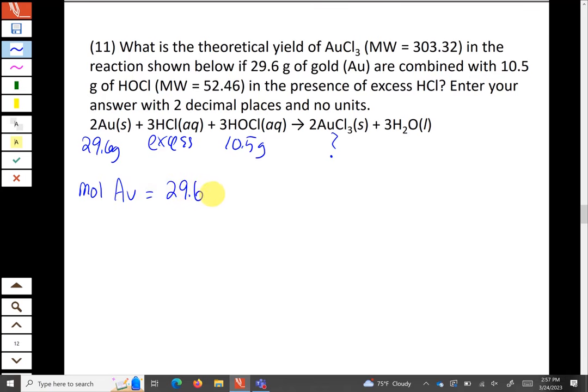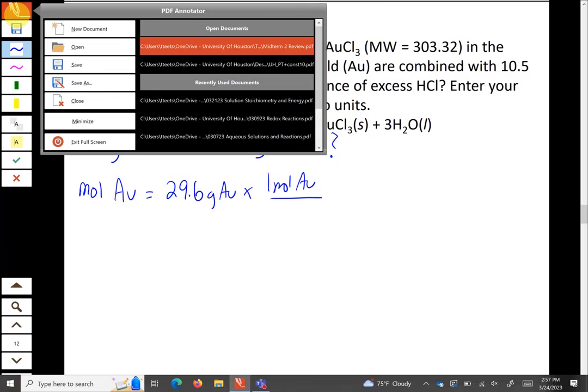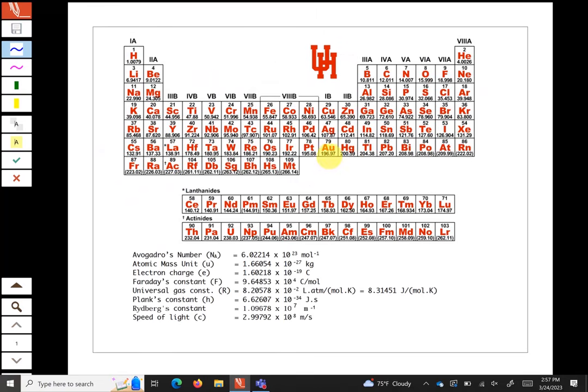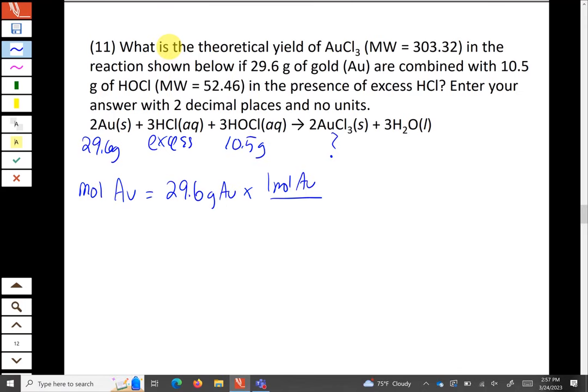So for each one, we're going to take the amount that we have, in this case 29.6 grams for gold, and we're going to divide by the atomic mass. We didn't give you the atomic mass of gold, but it's on the periodic table, so we don't have to do any calculations. Au is down here, 196.97. So that's the atomic mass of gold, which would also be its molar mass. So 196.97 grams in 1 mole. So what we have then is 0.150